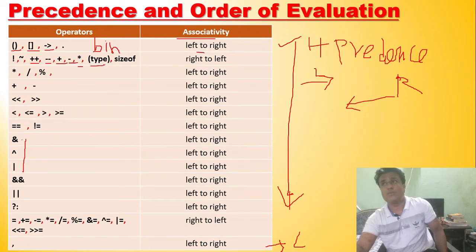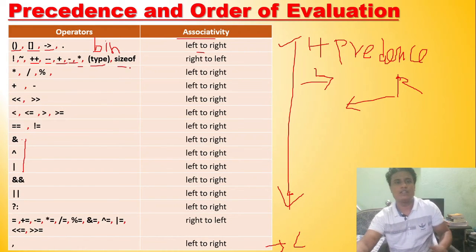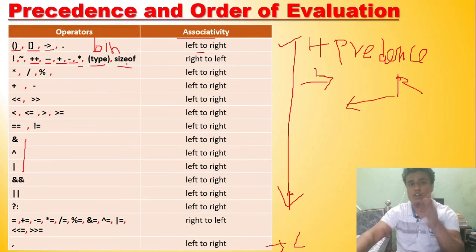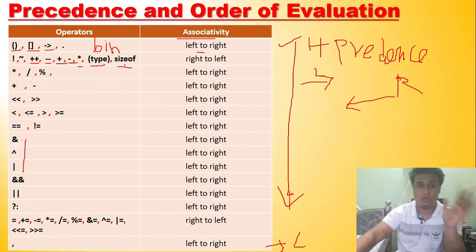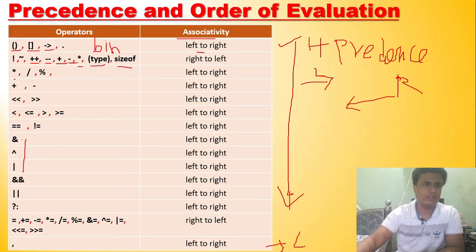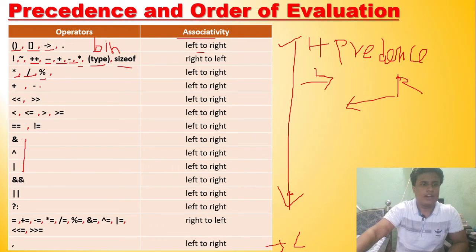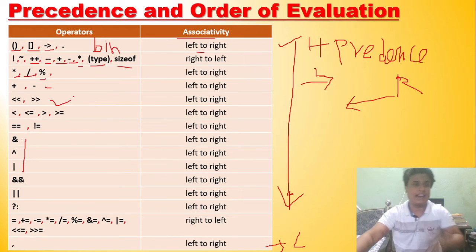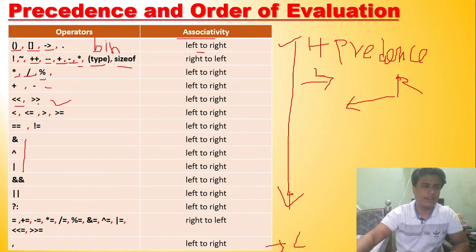You will give types of type operator, sizeof operator, which I told you about in the operator section 2 to 3 lectures ago. I don't remember, so remember this. This is multiplication, division, and modulus operator. After that, plus and minus. After that, these are bitwise left shifting and right shifting. Okay, this is left shifting, this is right shifting.